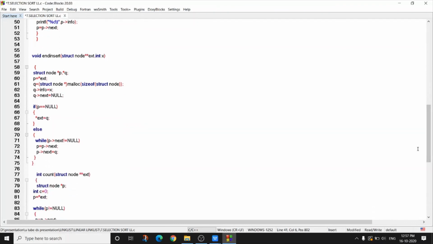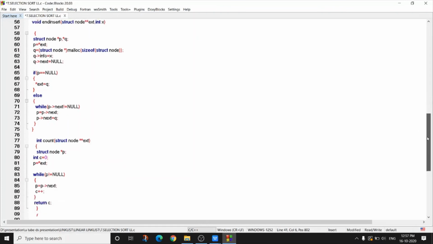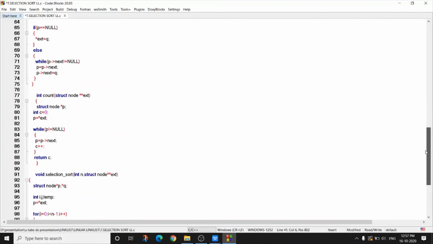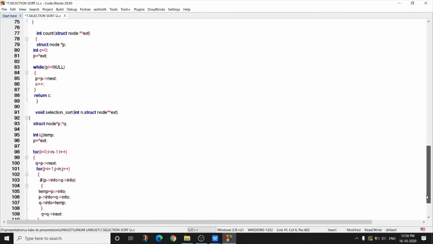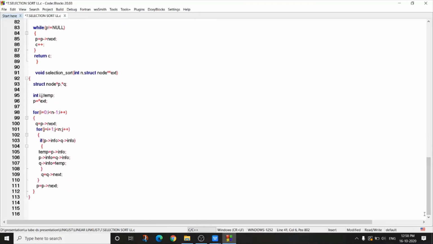End insert function. Count function. And finally selection sort.